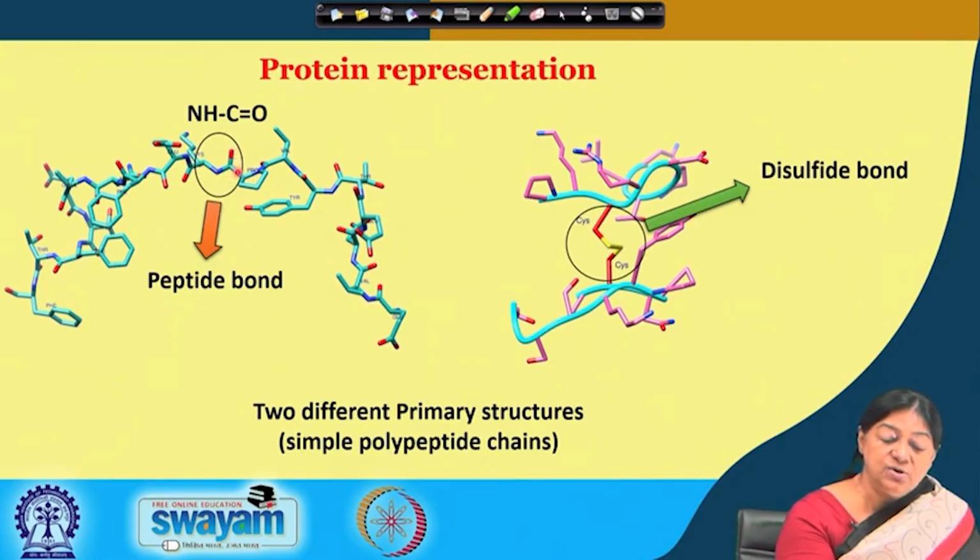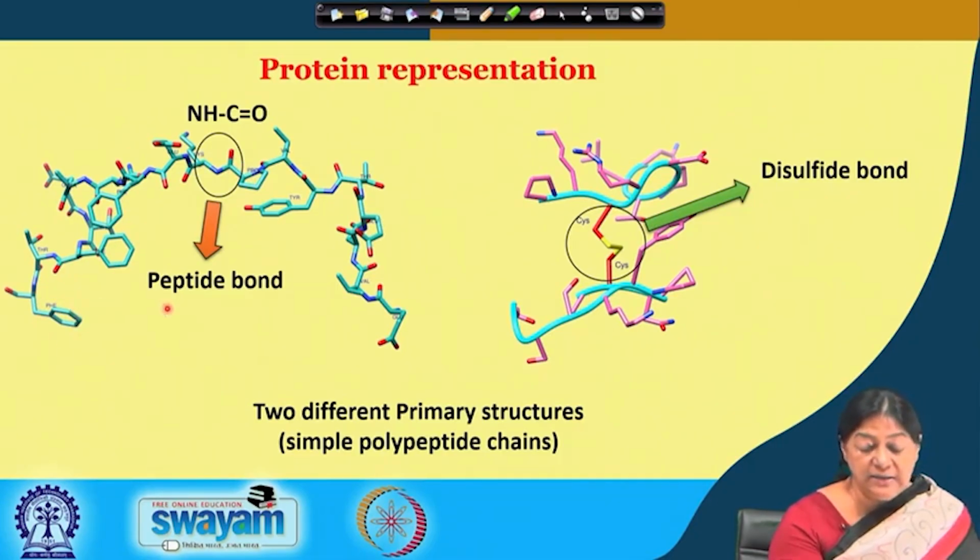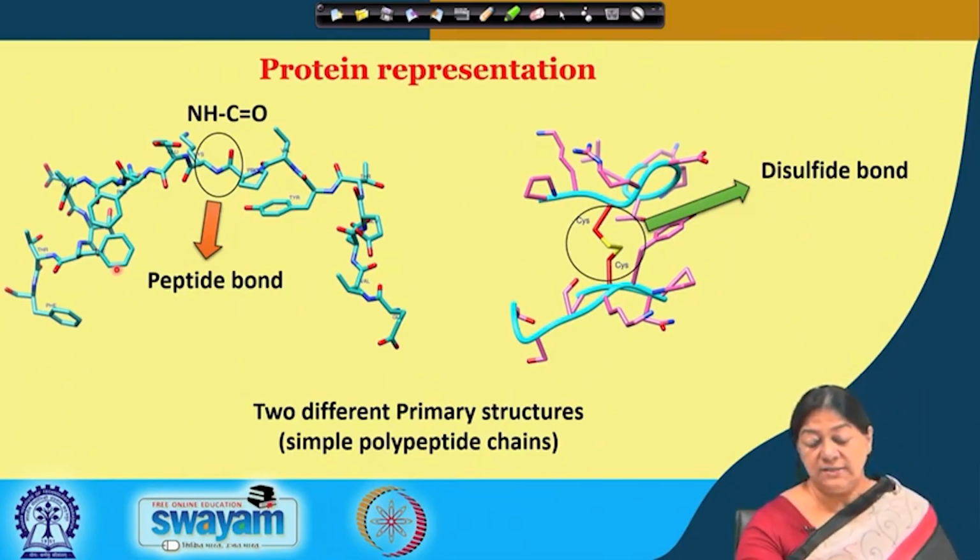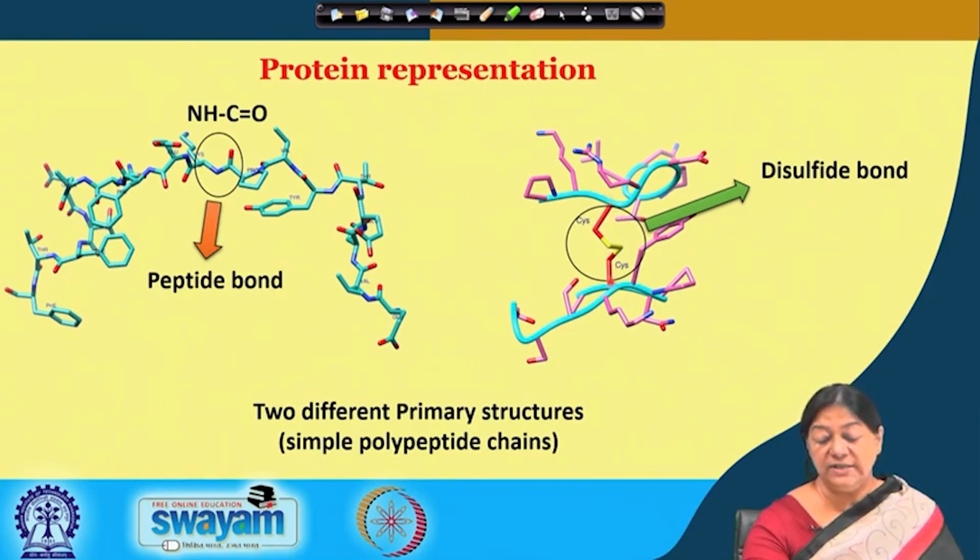So, this is the CO, this is the NH, this is the NH of the next amino acid, and this is the C double bond of the previous amino acid. And just by looking at the specific structures, we can say that this is a phenylalanine, then this is a tyrosine and so on and so forth, because we know that each of these amino acid residues has a unique structure associated with it. This is an example of two cysteines linked together to form what is called a disulfide